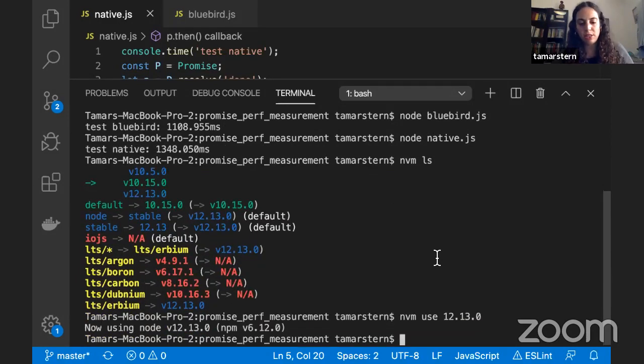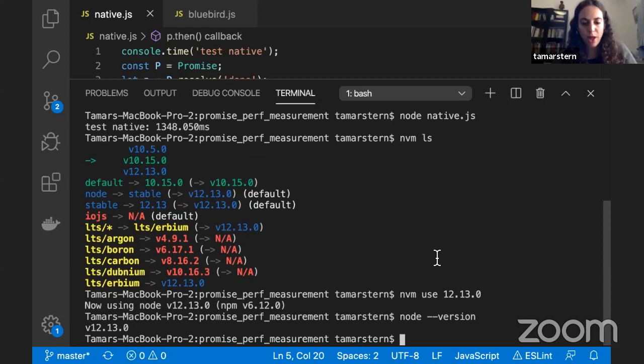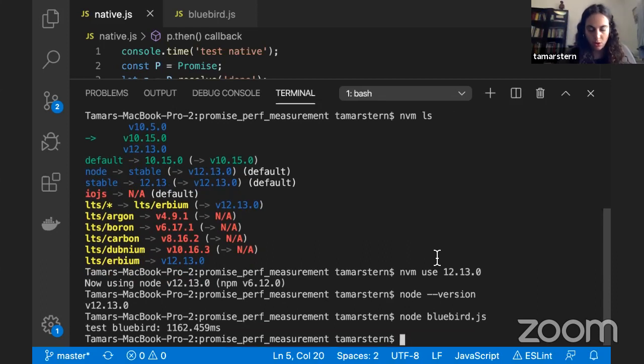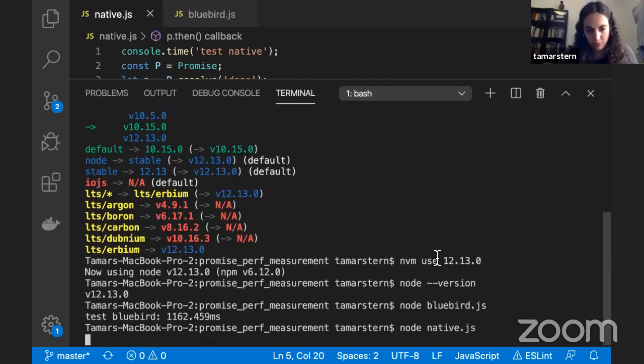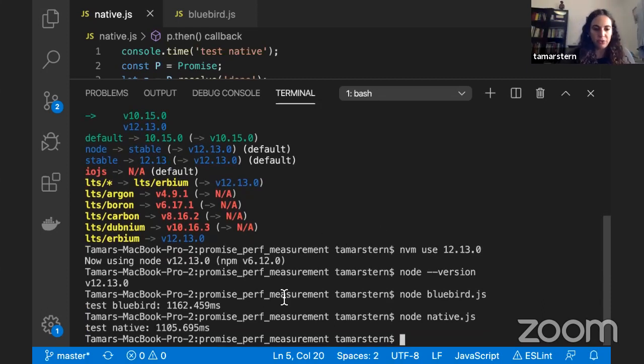And it's interesting to see what were the improvements in version 12. So right now we're in version 12, and let's do right now Node Bluebird. Okay, and then we'll do Node native. Okay, so this is interesting. Bluebird and native in version 12 of Node are quite the same, and native is even winning in performance-wise. All right, so Bluebird is 1.16 seconds, and my test in native in version 12 is 1.1 seconds,